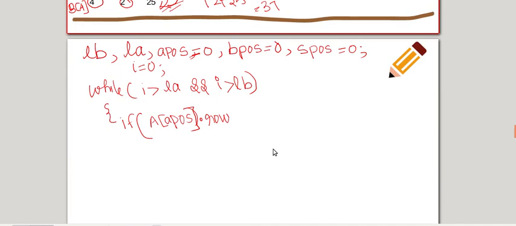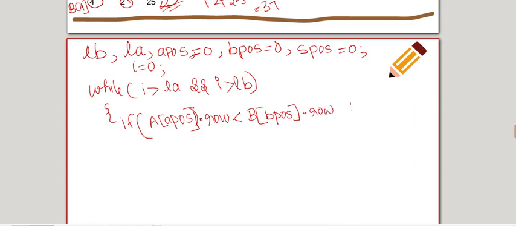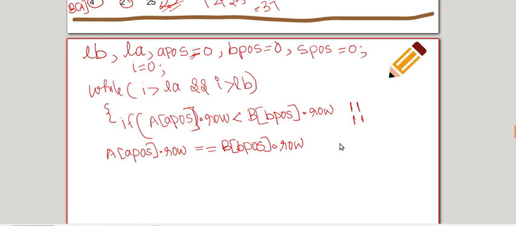So I can write the condition: A of A pos dot row is less than B of B pos dot row, where B pos is the index variable used, or otherwise the condition is A of A pos dot row equal to B of B pos dot row, and both the conditions should be true, right?